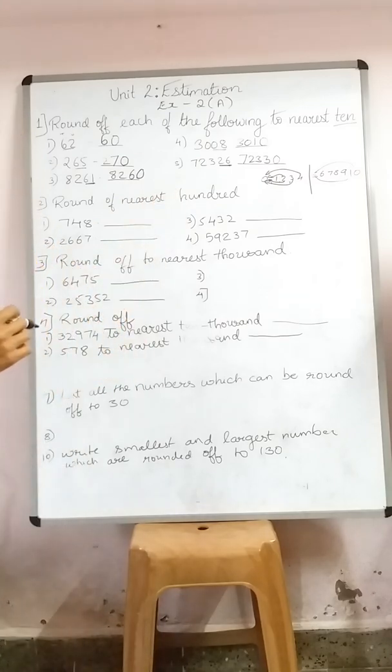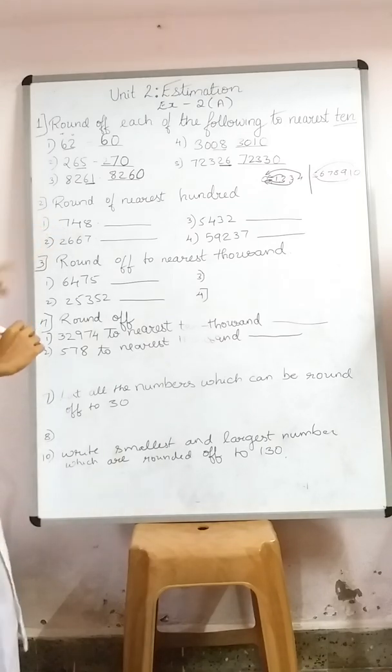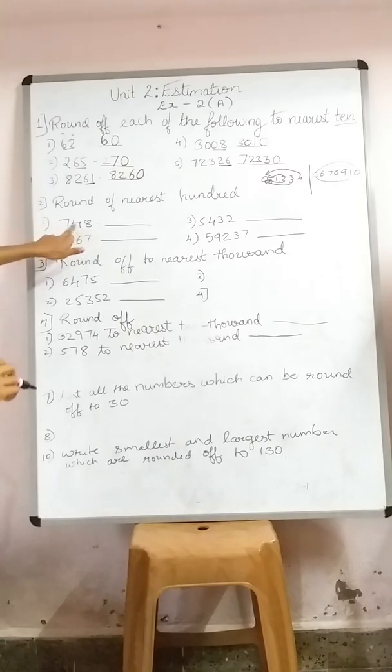Let us move on to rounding to the nearest 100. For 100, you know the rule. You should concentrate on which place? The tens place. If the number in the tens place is less than 5, what should you do? You should put 0 in the ones place. If the tens digit is less than 5, you should put 0 in the ones and the tens place.